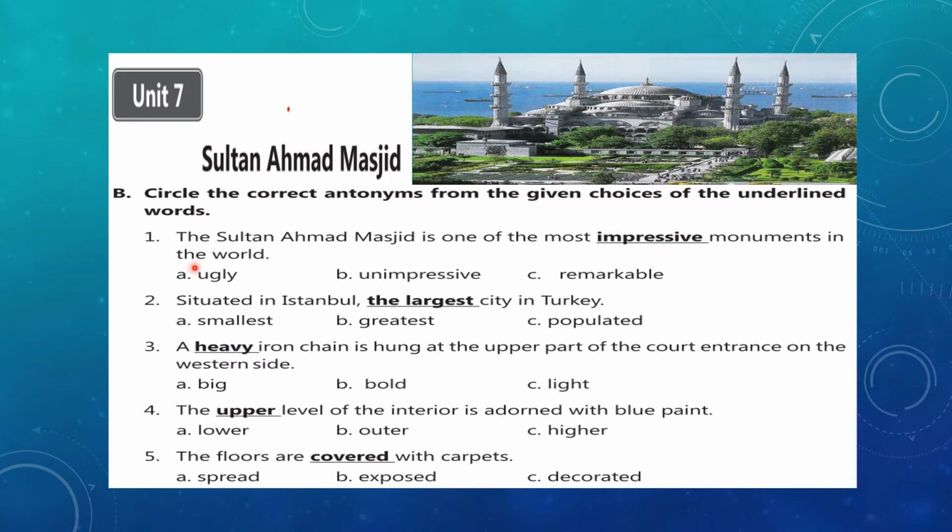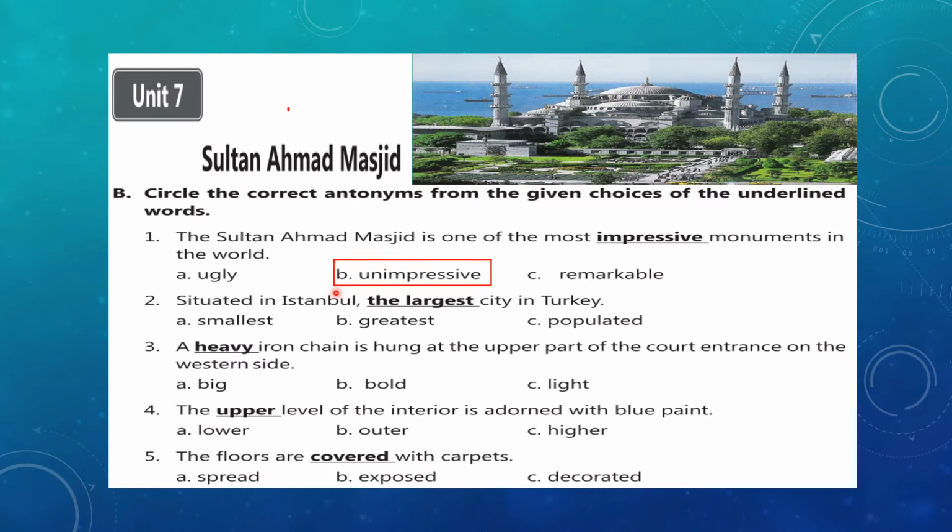The underlined word is impressive and there are three options: A, ugly, B, unimpressive, C, remarkable. Out of these three options, we are going to find the correct antonym of the word impressive. And as it is very obvious, the correct option is